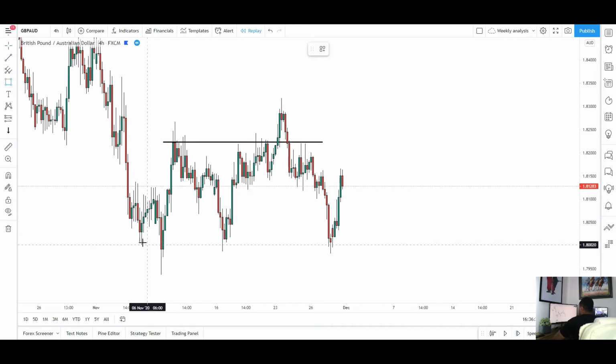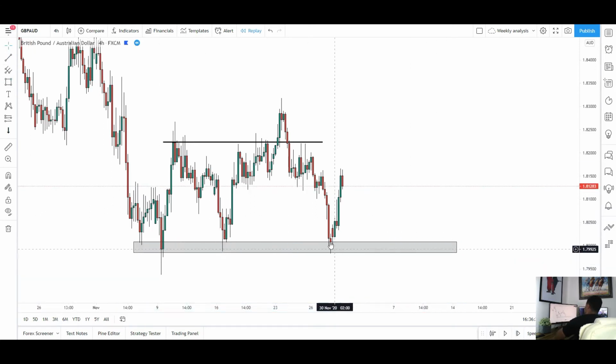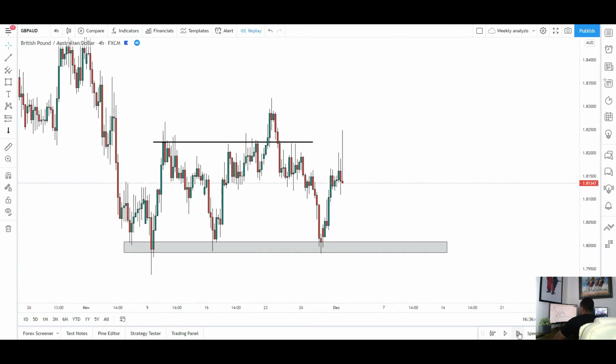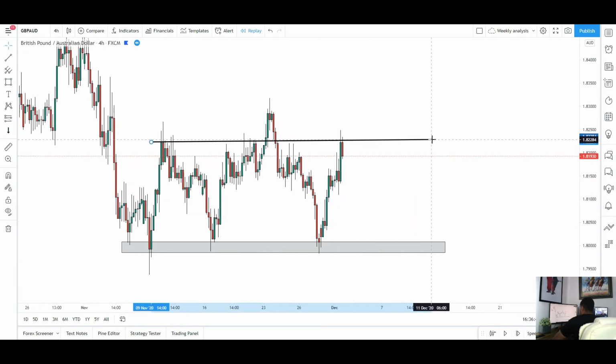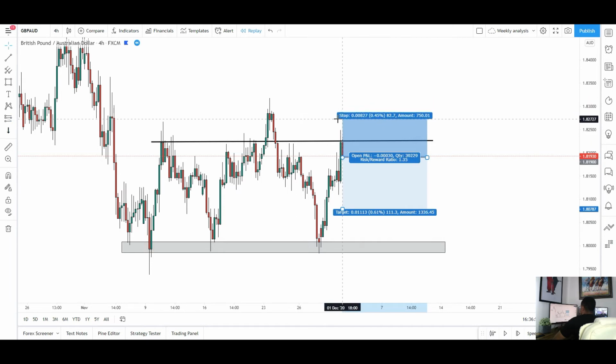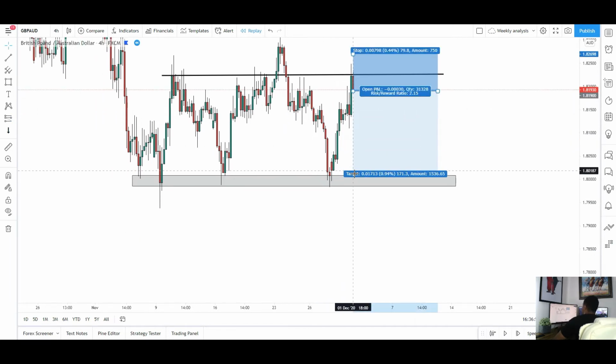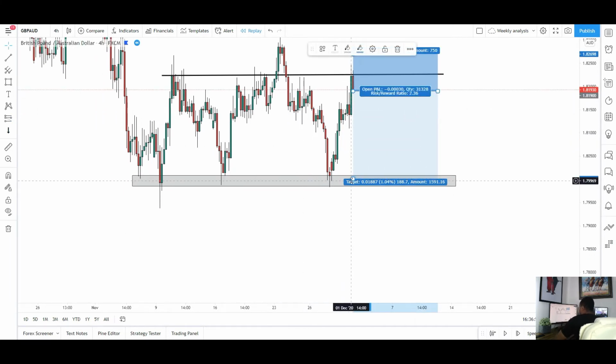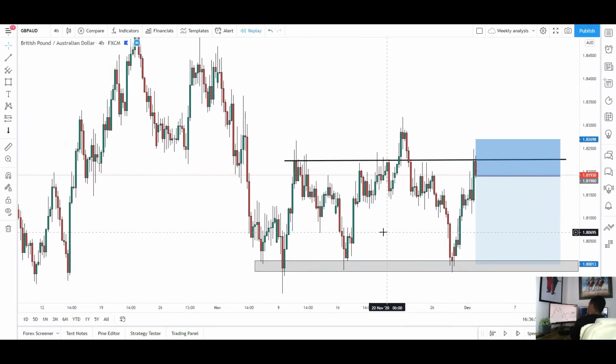So as you can see here, we came and tested this support here, had a nice bounce. And if I just extend this across, you can see you come back up to the same resistance, test it, give you some price action, look to go short, again with your stop loss just above that resistance here in the market, a few pips, a little bit of room, and again either target the low there, or if you want to target the continuation, which is what I do, look to capture a nice swing of that trend,